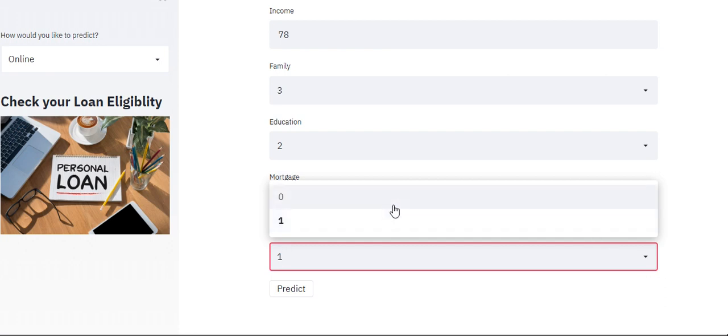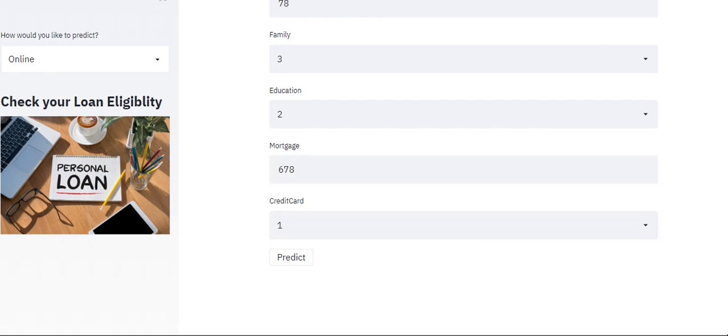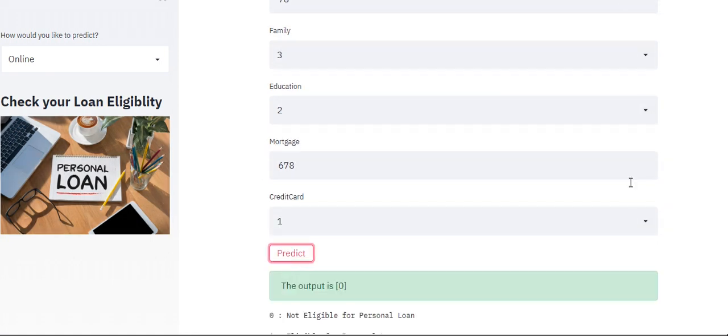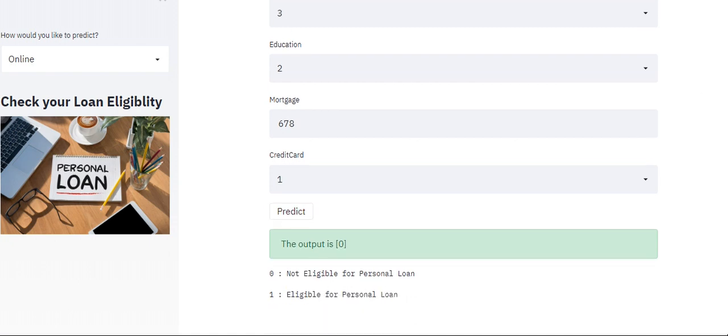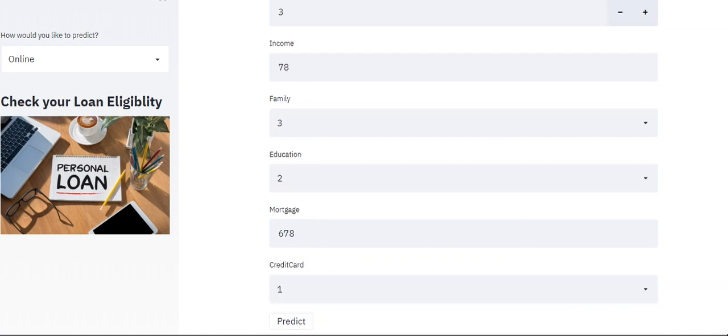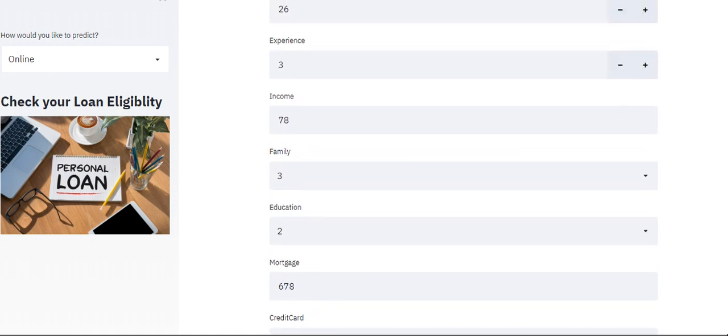is 1, not having is 0. And again just we have to click on predict, and it will give you the result. If it is showing 0, it means the person is not eligible for personal loan, and if it is 1, then it is eligible for personal loan. So here we can do one by one prediction of each of the records,